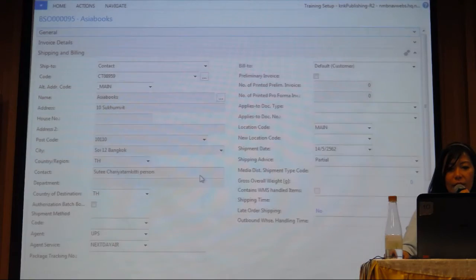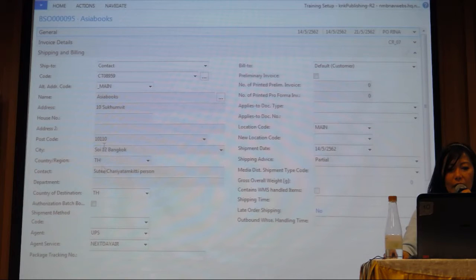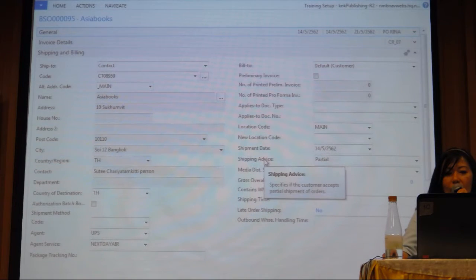So now I'm back to my order. โอเค ทีนี้ก็สามารถกลับมาสู่หน้าออเดอร์ที่เราสร้างไว้แล้วได้ค่ะ